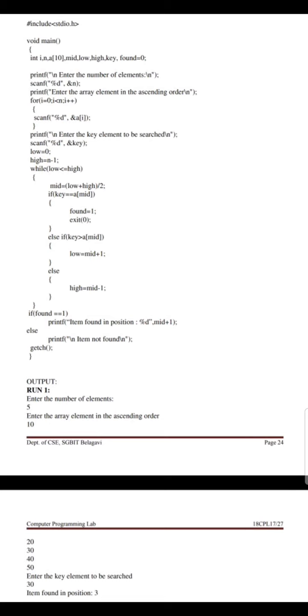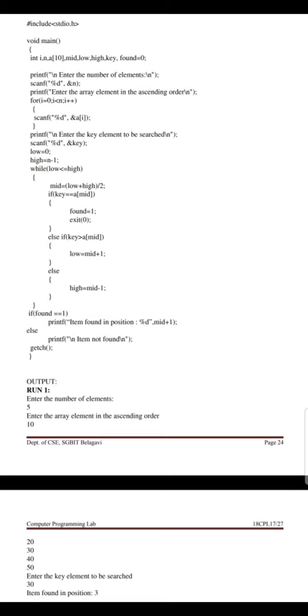What is the low value? Presently it is 0. 0 less than or equal to high. What is the high value? It is 9. So is 0 less than or equal to 9? The condition is satisfied. The condition is true, so it will go inside the loop.